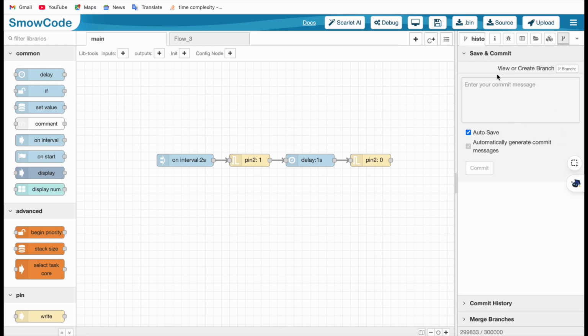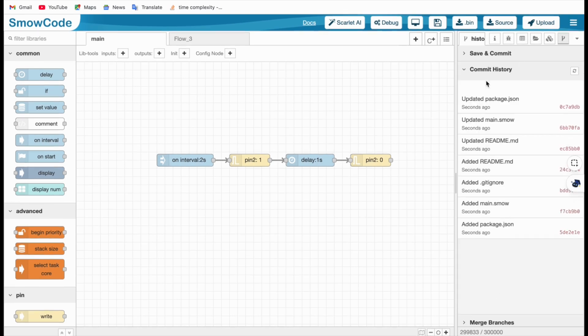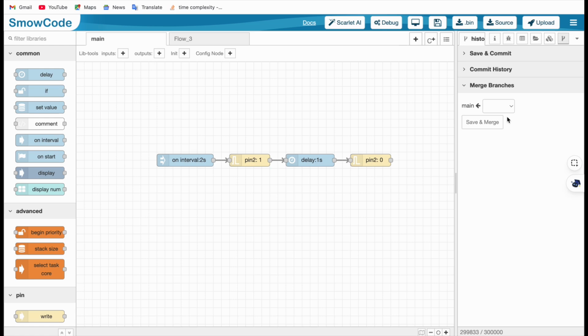The next is a version control option which you have in SmowCode. It's called versioning. You can save or commit to your GitHub cloud repository using this feature right here. You can also see your commit history, and you can also merge branches. So this is a pretty good feature which helps in version control and keeping your flow and code